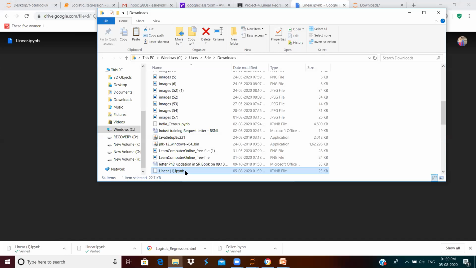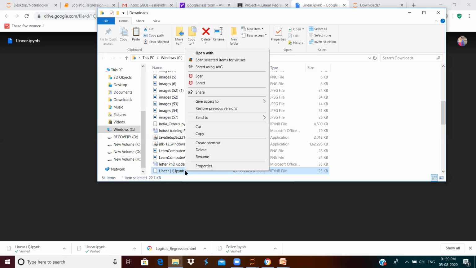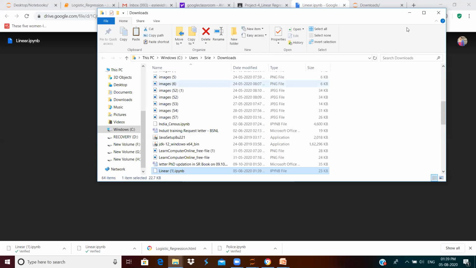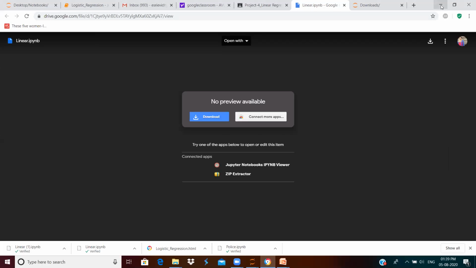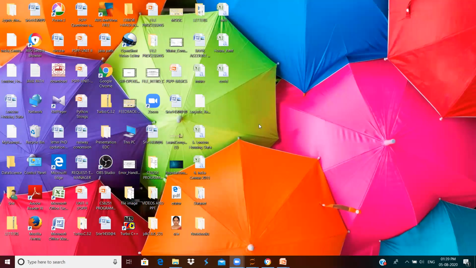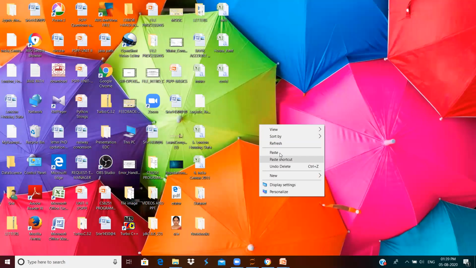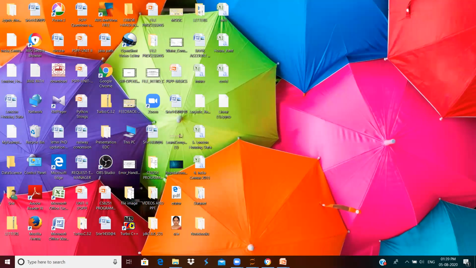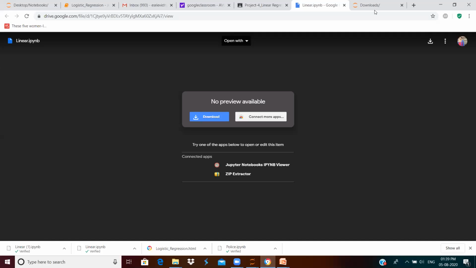So I'm copying it in some other location. I don't know, it is not showing me in the downloads location. I'm just copying it to my desktop, and let us find out whether it is present there.